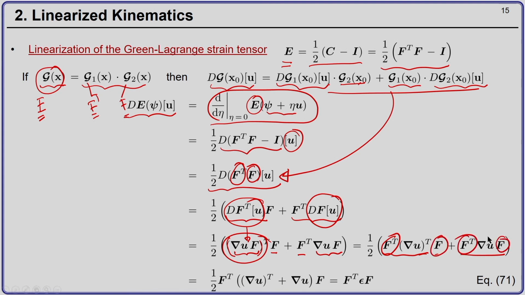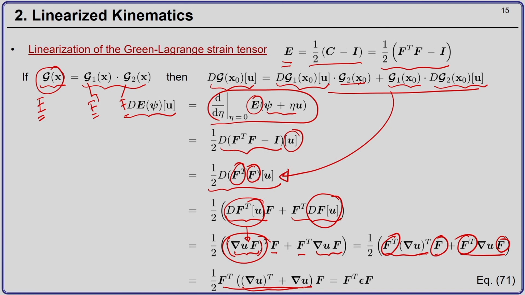If I do this, I can write 1/2 F transpose (del u transpose plus del u) F. And now, I can recognize from our knowledge of solid mechanics that (del u transpose plus del u)/2 is nothing but the small strain tensor epsilon, and then we finally arrive at our